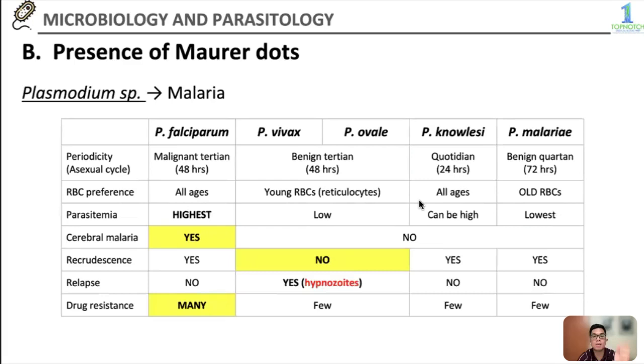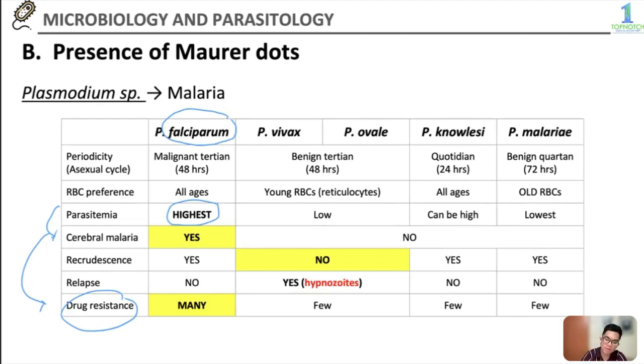Okay? So here are some differences ng, so we'll just focus on falciparum. So it has no RBC preference naman and has the highest parasitemia and is the one that can cause cerebral malaria and has many drug resistance. Kaya di ba in the Philippines, pag P. falciparum, we already use combination na like the artemether, artesunate, and those kinds of medications kasi chloroquine resistant na yung